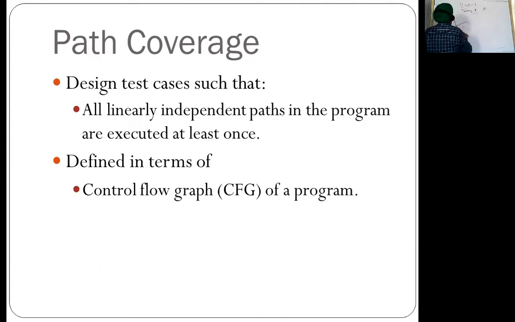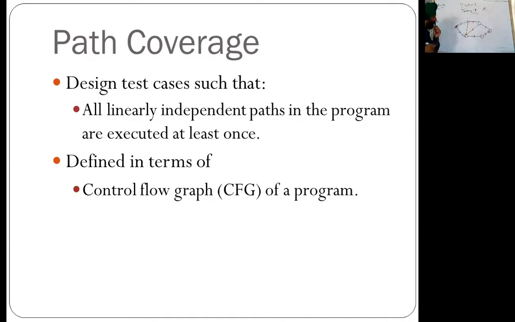Suppose we have such a graph, and it is a directed graph. Suppose this is the source, this is the destination.